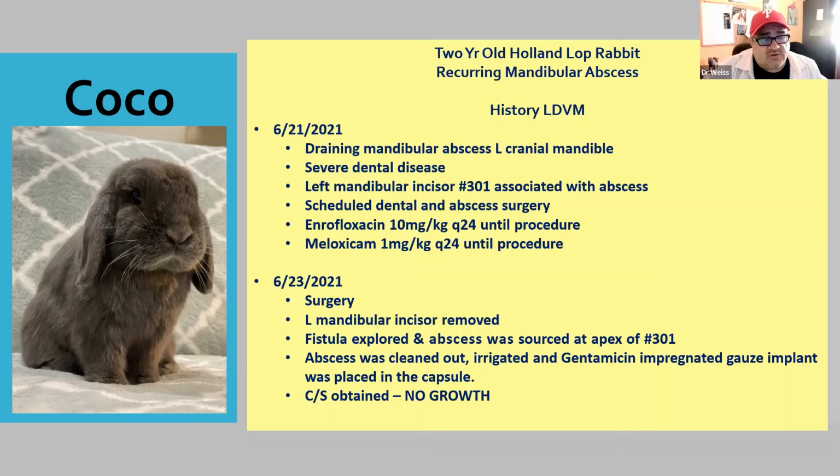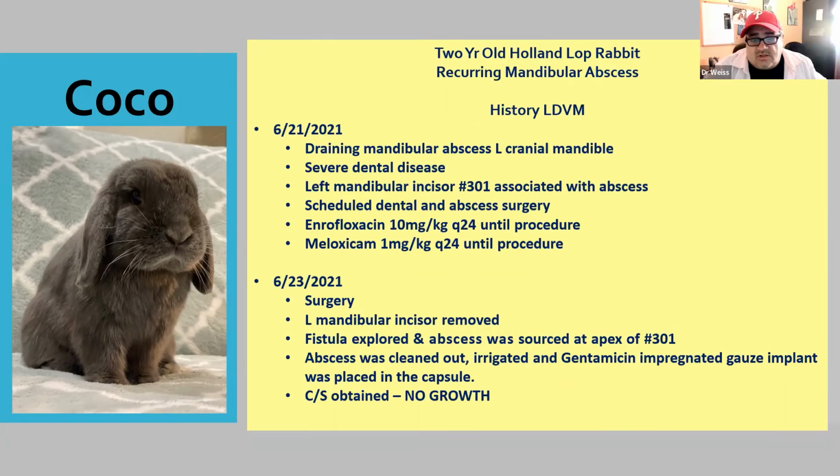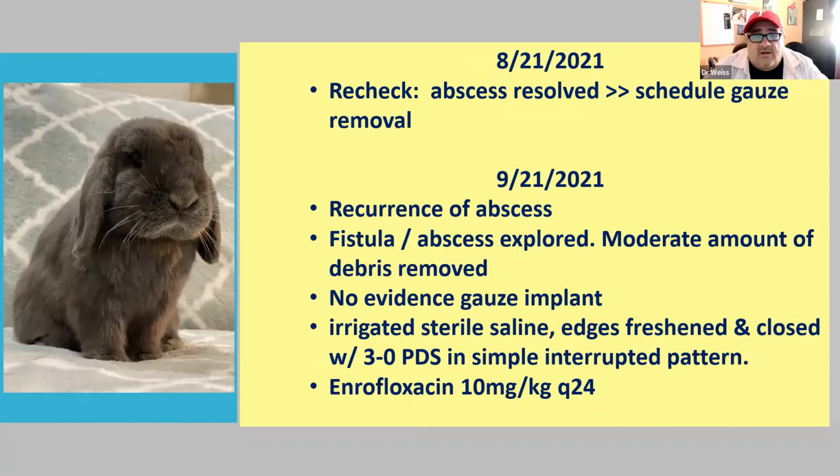I don't know the source, if it was the abscess, the material, or part of the joint capsule. I don't know what was sent. So 8/21, which was a couple of months later, the abscess was resolved, and they scheduled the gauze to be removed. A month later, and apparently there was a client compliance issue here, not coming back in time,